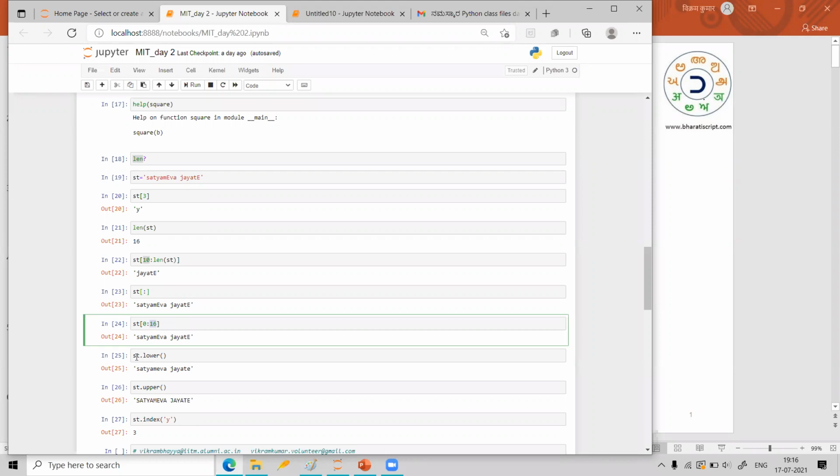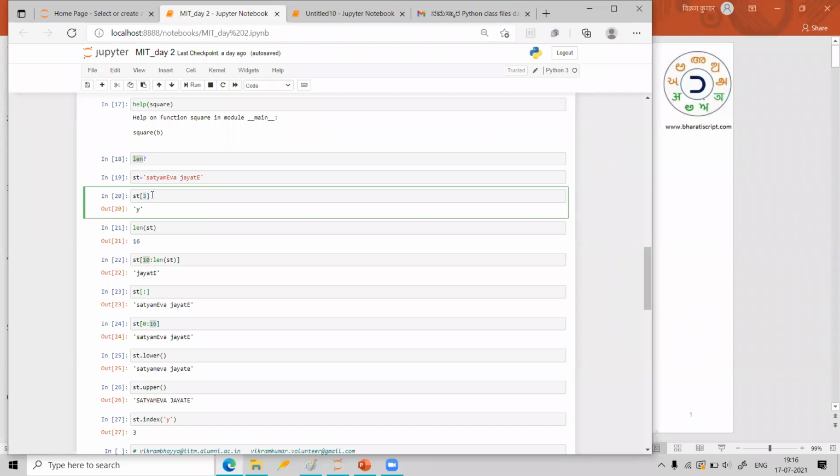Then we have seen how to convert all the letters into small letters and everything into big letters. So these are the functions we have used. Then we have seen some other things, like how do you find, suppose if I give a character, at which place that character is present. See, there is some small difference here. Here we are giving the location and we are asking what is the character to be printed, at the location so and so.